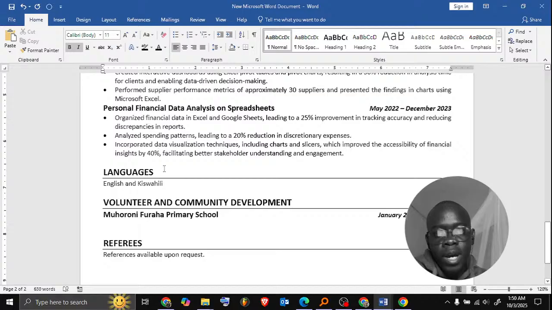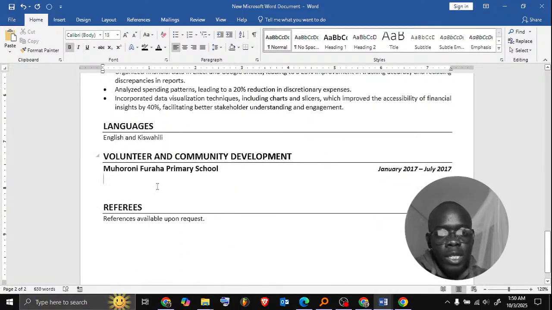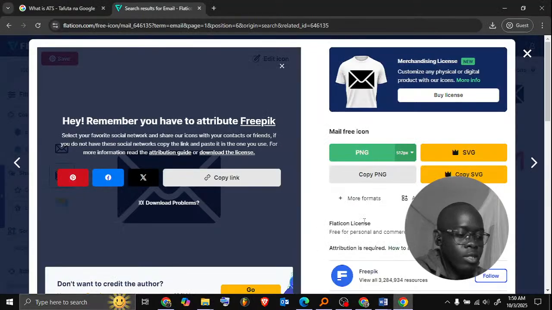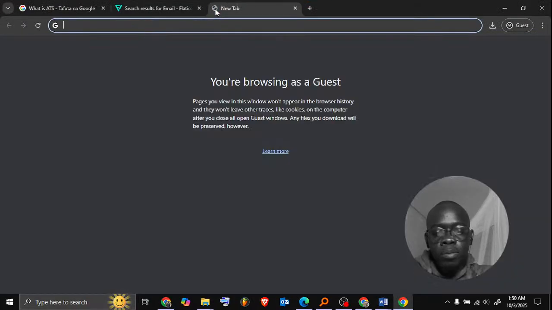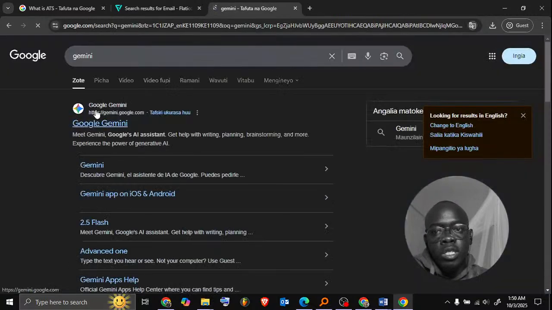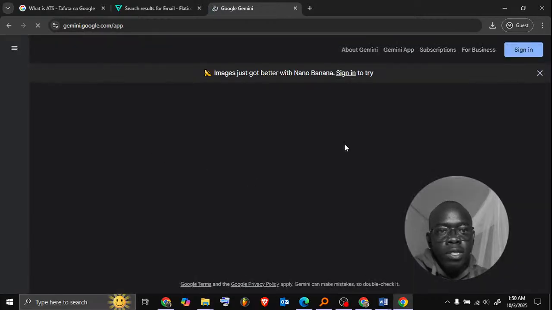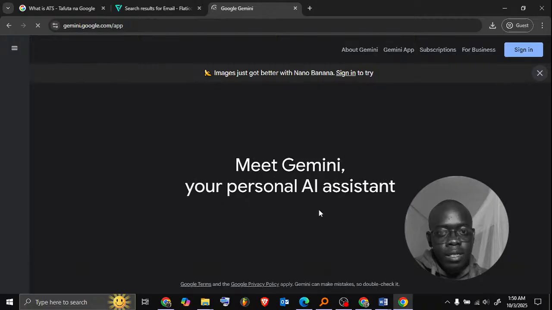Then after that, you now add the roles and responsibilities. For that, you can just as well go to Gemini or go to ChatGPT, and input roles and responsibilities. You can input a few words, like for example, I can say that